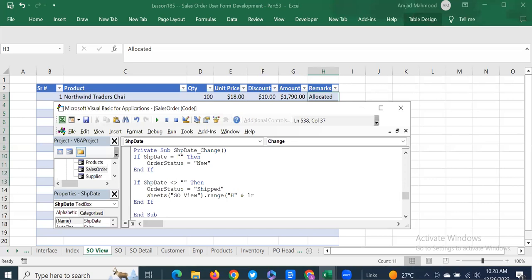H3, it is going to be changed to invoiced, right? Right? Okay. As soon as the date is in, the order status will become shipped, and